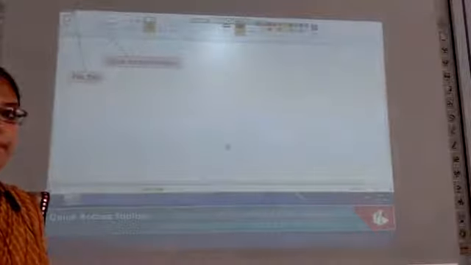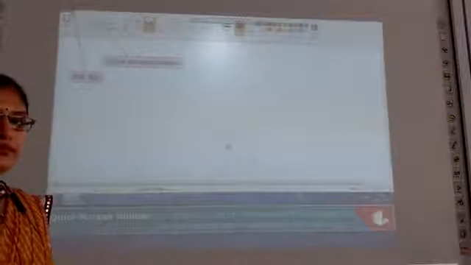Let's see. A Paint window has the following four main parts. Paint button. It provides the basic commands for file operations, that is, file, open, save as, print, exit, etc. Quick Access Toolbar. It contains a set of commands that are specified by the application or selected by the user. Example, save, print, undo, etc.